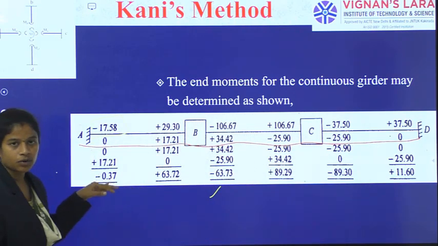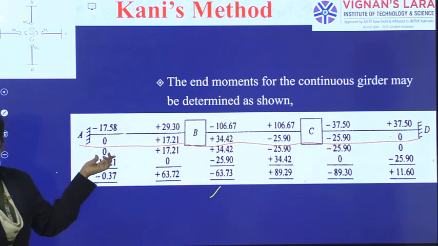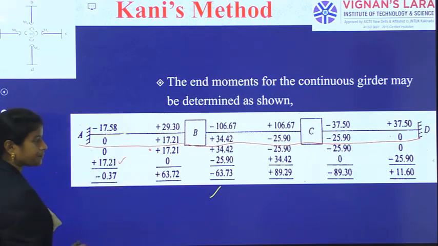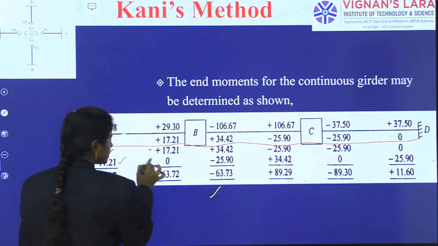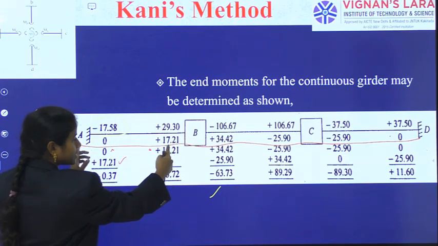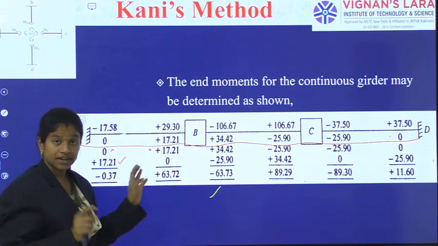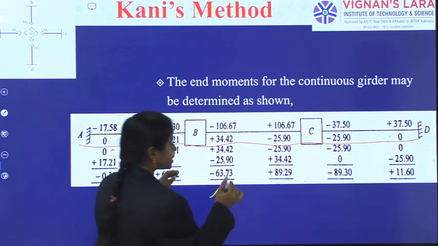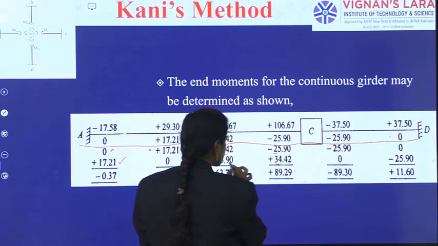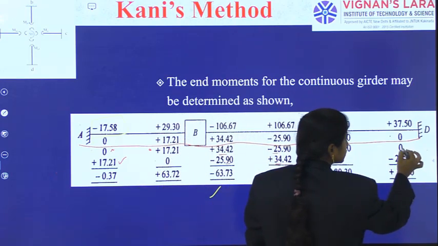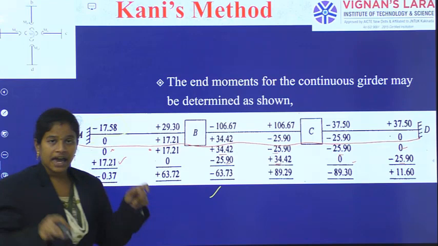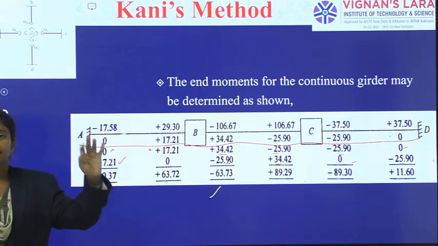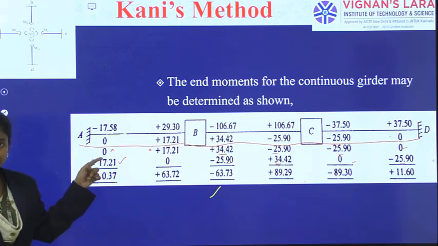Okay, that development is over. Once these 2 times the development is over, this quantity we will write repeat here. So for the span, this quantity is repeated. Not any other portion, only the same time this will be written. Similarly, this quantity will be written here, this quantity here, this quantity here. So, as the column is filling with fixed end moments, twice the rotation contribution at the nearer end, 1 time the rotation contribution at the farther end.